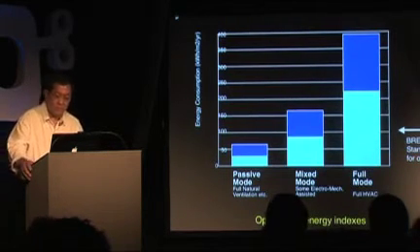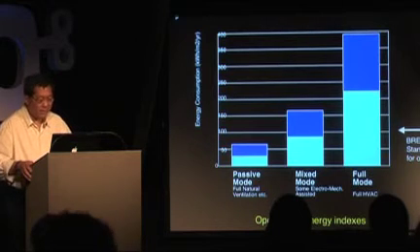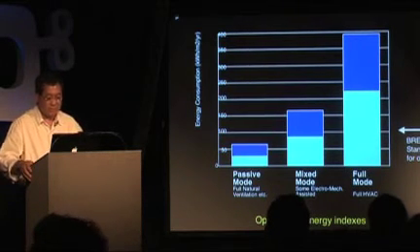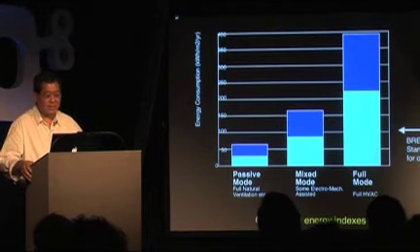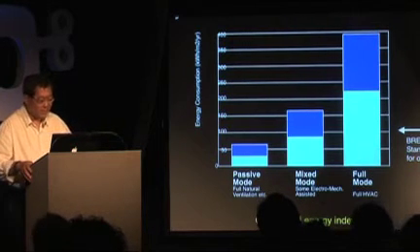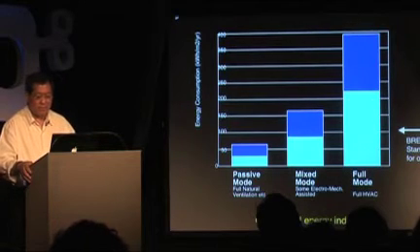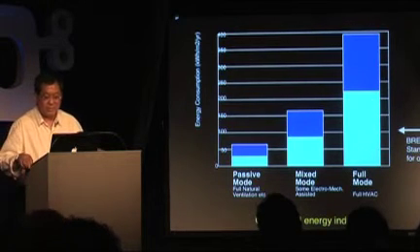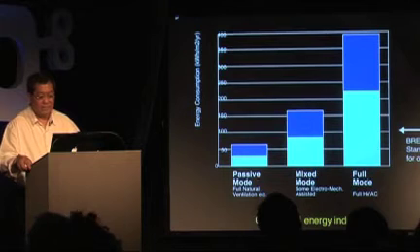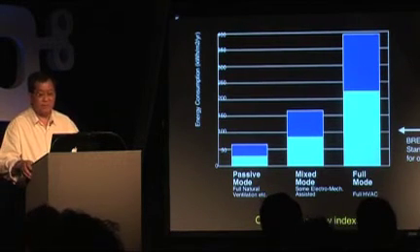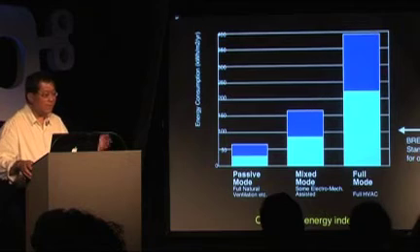Full mode, we'll be talking between maybe using 230 to maybe 300, 400 kilowatt hours per square meter per annum, an energy index. Mixed mode would be between maybe 60, 70 to 160, and passive mode would be in the 60 and below, because you still need energy for lighting and for power and so forth. The Building Research Establishment recommends a standard for offices to try and achieve an index of 100 kilowatt hours per square meter per annum.